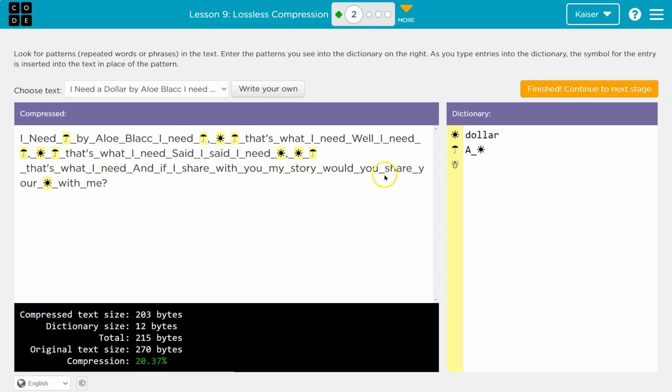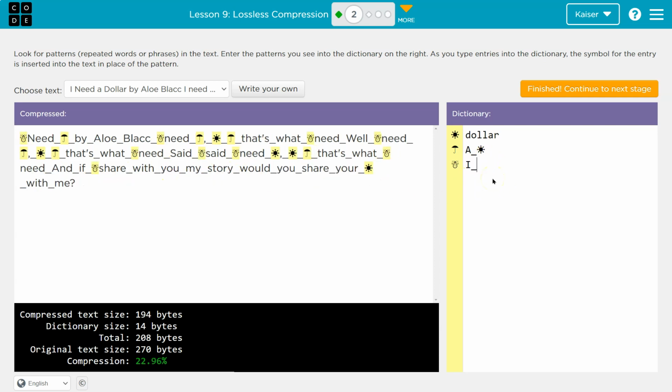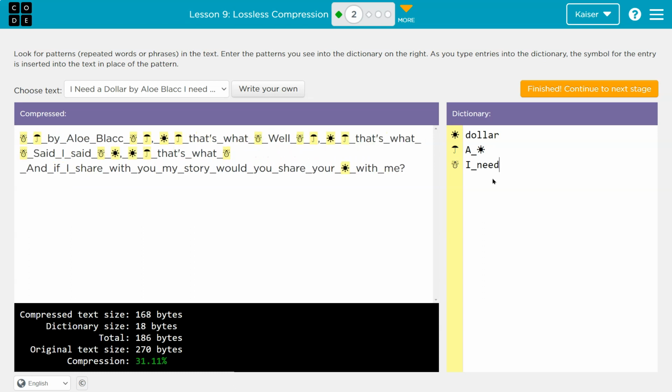And I'll often start with words, you, my. Let's do I underscore need. And then let's try share. 34% share underscore. He uses the term that's what several times. Underscore